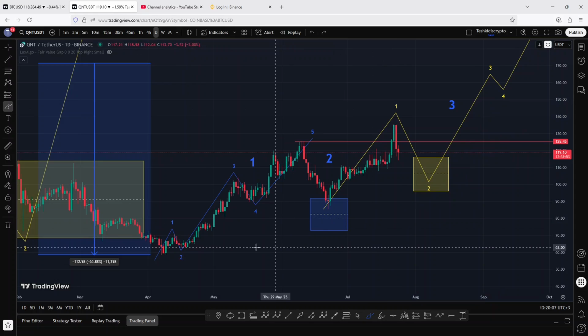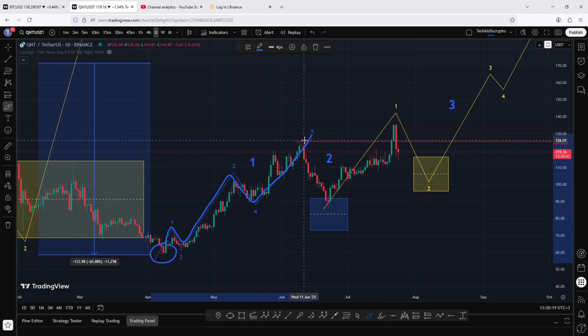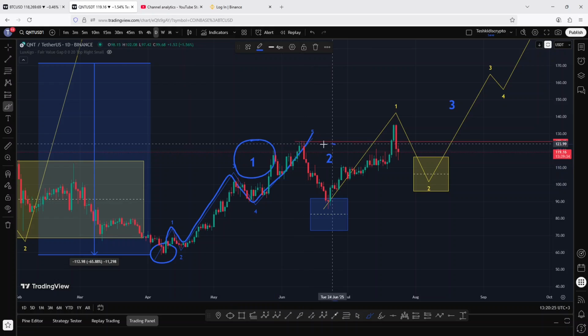Starting the video on the daily chart, from the lows we made on the 7th of April, you can see that I have been observing a 5-wave structure to the upside, in a move that gave us a high above the 125.46 USDT mark, completing the formation of that first wave. Then we started a corrective structure in the formation of that second wave into the minimum target areas highlighted on the charts using that blue target area,